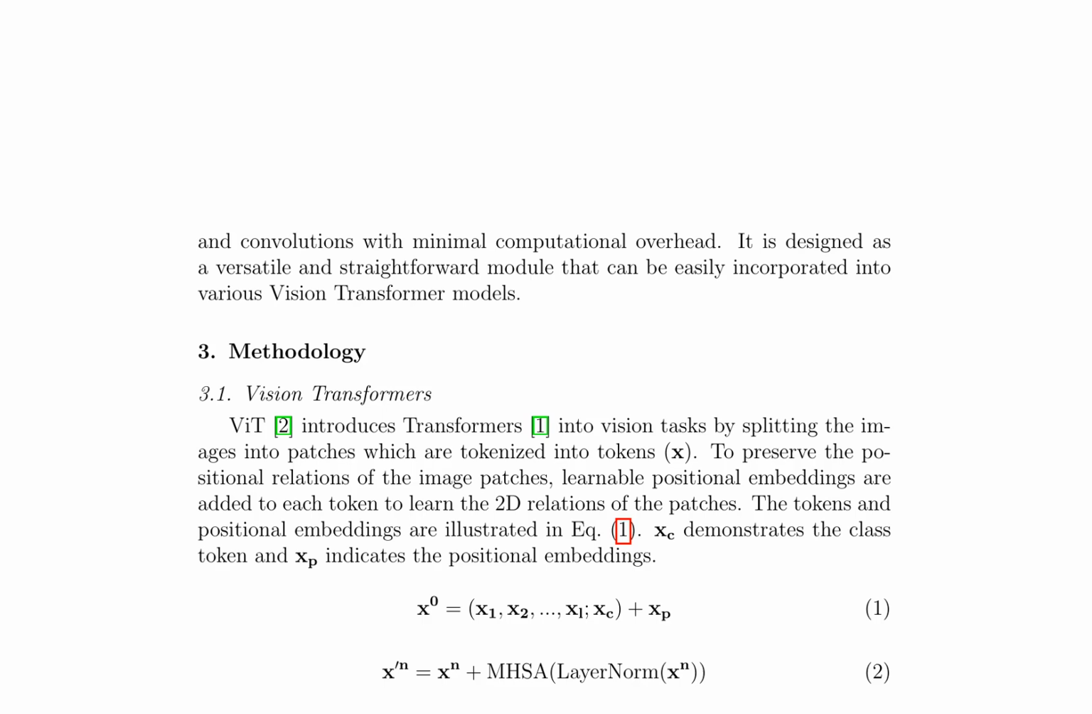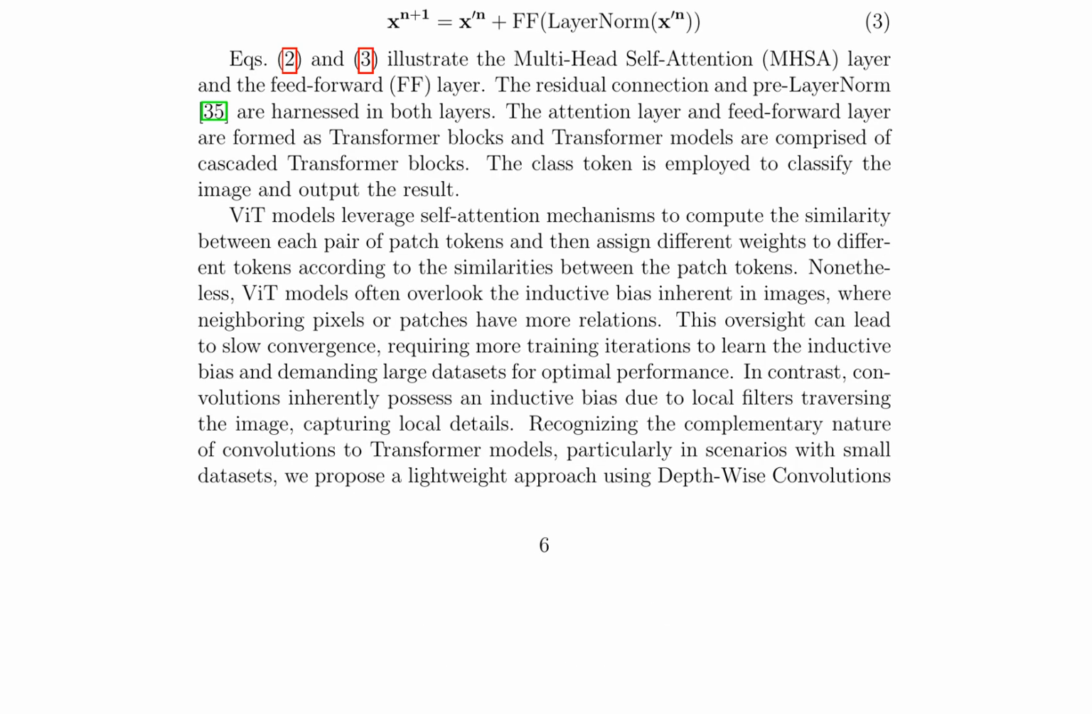Despite the effectiveness of ViT models, they often overlook the inductive bias inherent in images, where neighboring pixels or patches have more relations. This oversight can lead to slow convergence and require more training iterations and large datasets for optimal performance. Convolutions, on the other hand, inherently possess an inductive bias due to local filters traversing the image, capturing local details. Recognizing the complementary nature of convolutions to transformer models, especially in scenarios with small datasets, a lightweight approach using